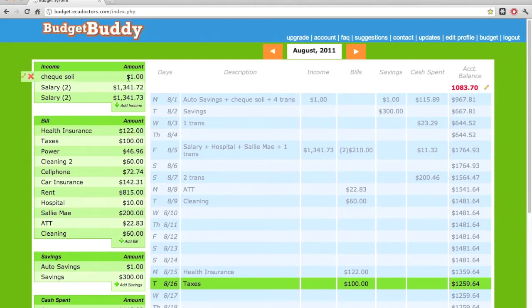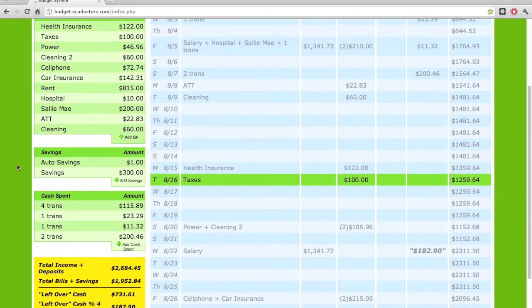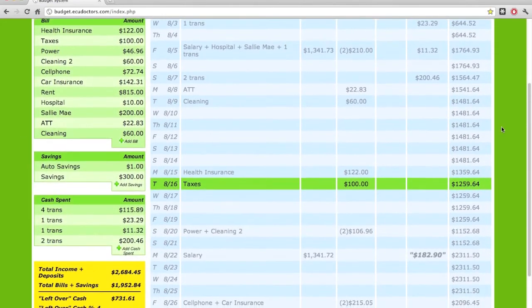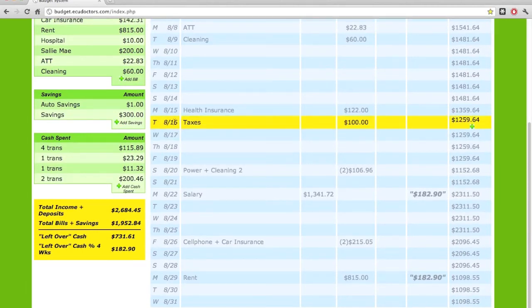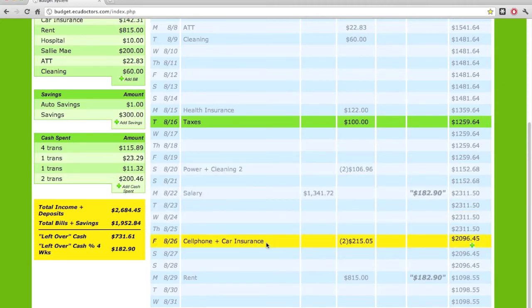And as you can see, you can look at how my money comes in, how it goes out through my different bills, my savings, and then miscellaneously how I spend the money throughout the month. Might be groceries or gifts, entertainment, gasoline. And then it's telling me today's date is the 16th. I paid $100 in taxes, and it shows me into the future how my account is going to look after I pay my electricity and after my check comes in,